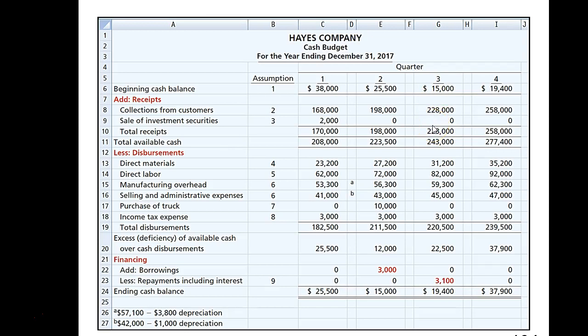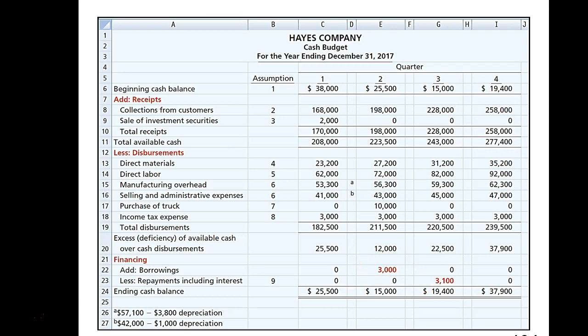So that $15,000 becomes my beginning balance for the third quarter. This is showing my cash receipts. Total cash available will be $243,000. These are showing all of my cash disbursements. They total $225,000. Therefore, it would give me an excess of $22,500. Because I have an excess, I can now pay back the $3,000 I borrowed in the last quarter,